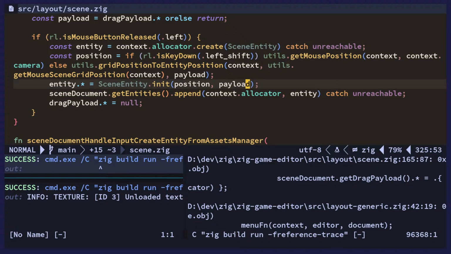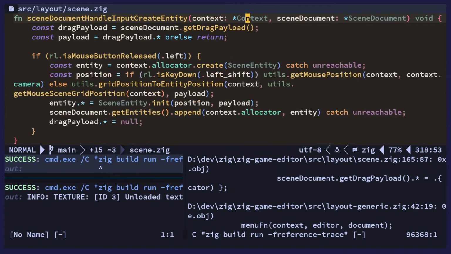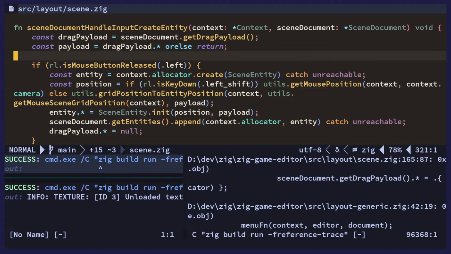Yeah, this payload should, I mean, that's initialized, and then